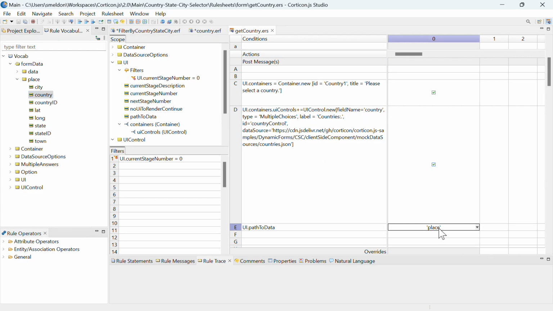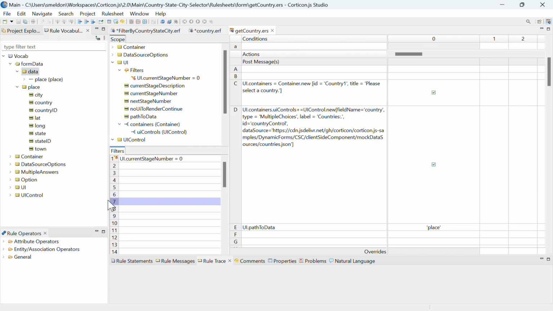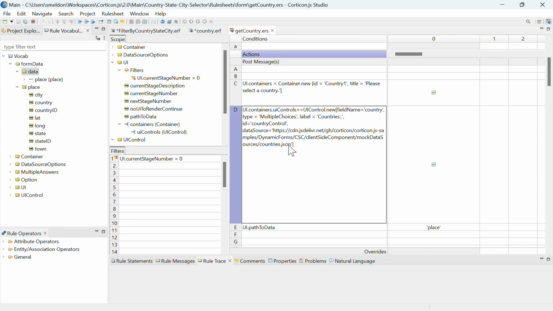As always, the name of the association itself is where the actual data is going to be stored, because this entity is technically the very top level of the JSON structure in the accrued data. That's going to be capturing all the different entity and attribute combinations that I select underneath this root entity. And instead of just leaving it as multiple choices and assuming that in the subsequent rule sheet I will define